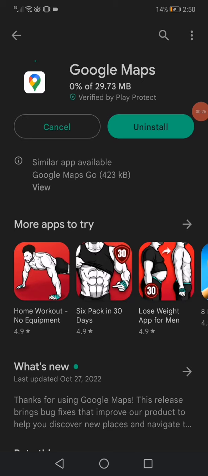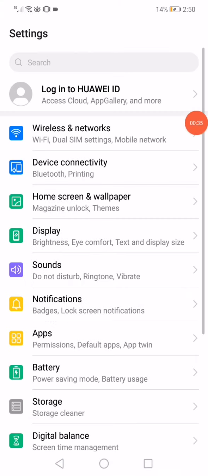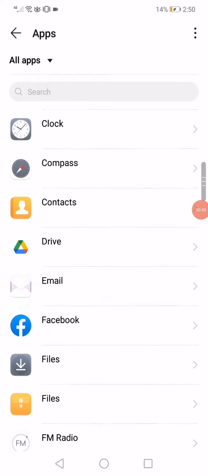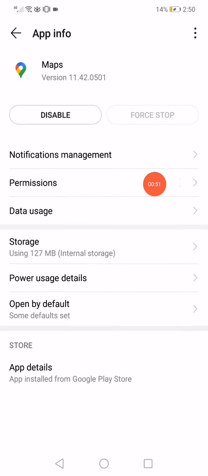And if you already have updated it and you have the same problem, all you have to do is go to the settings and then go to apps and wait a few seconds. It will take you to this page where you will find all the apps that you have on your phone. Scroll down until you find maps, click on it, and then make sure to go to the permissions and